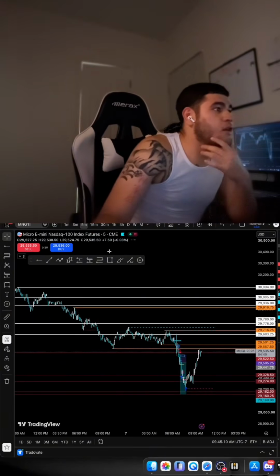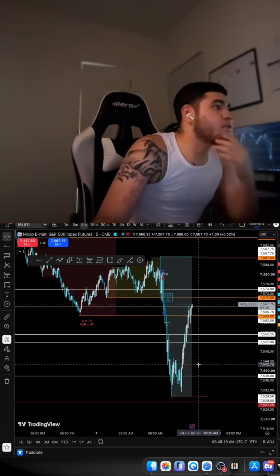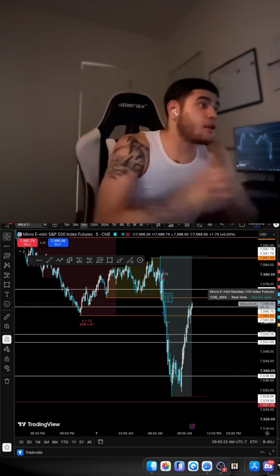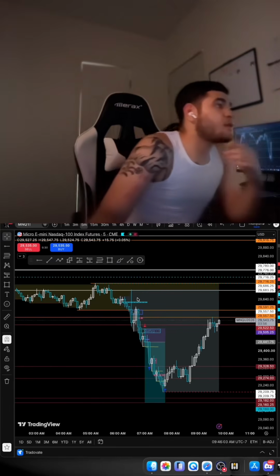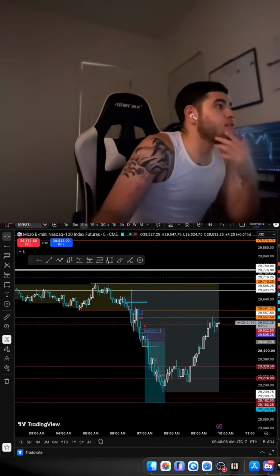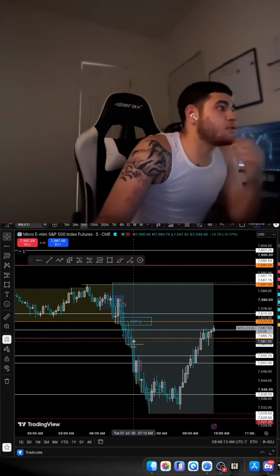And then for this trade, I was waiting for ES to break structure to the downside on the 5-minute time frame because we had previous day's lows down here. And then I was going to take my trade on NQ and just manage my positions depending if we take out the lows on ES. So you guys can see after sweeping this Asia low up here, we started giving bearish displacement. When we created this 5-minute fair value gap is when ES broke structure to the downside on the 5-minute time frame.